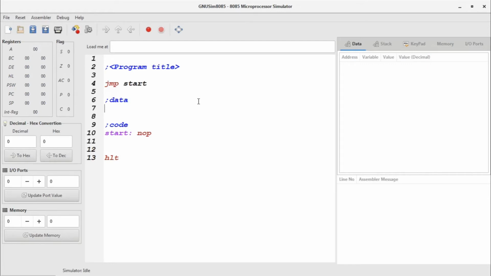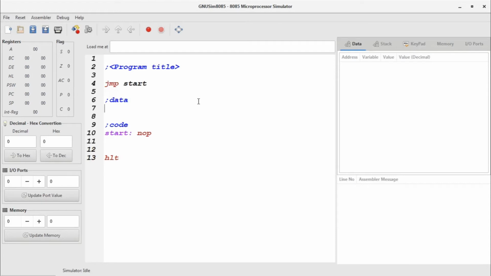In a similar way, we can use two different registers in which data is residing, add them, and the sum will be stored in the accumulator. As we all know, one of the operands should always be in the accumulator in the case of arithmetic and logical instructions. So we are going to see how we can add those two numbers.